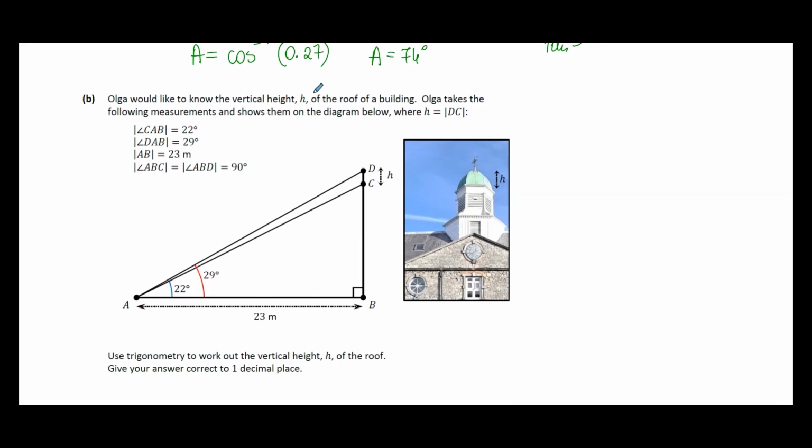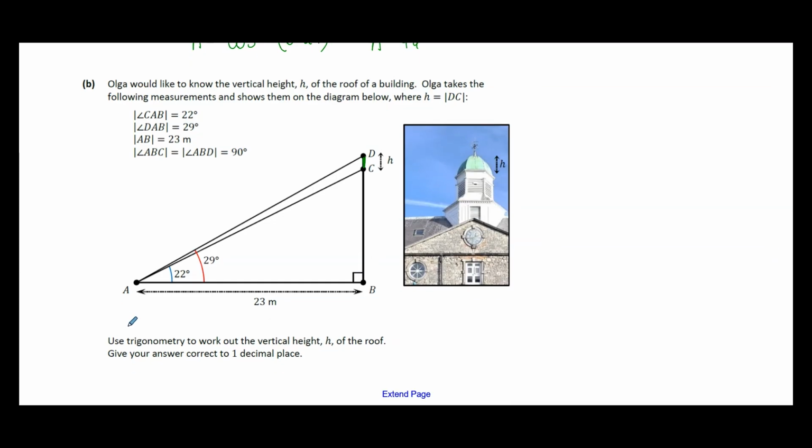Olga would like to know the vertical height of the roof of the building. Olga takes the following measurements and shows them on the diagram below, where h is equal to DC. So we can see that h is that tiny part of this length. Then we have different measurements: one angle 22, another angle 29, the length 23, and we are told that this angle is 90. So we have to use trigonometry to work out the vertical height h of the roof,